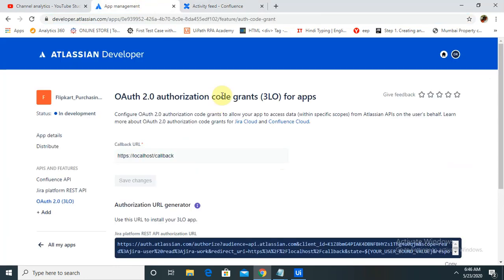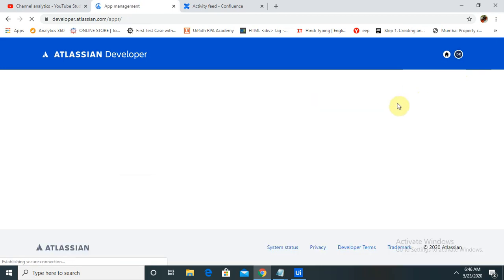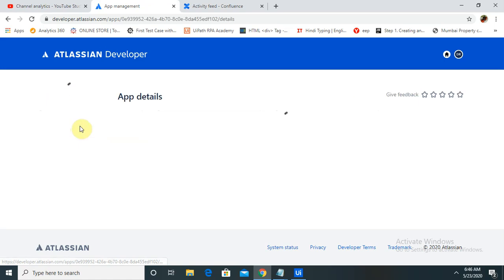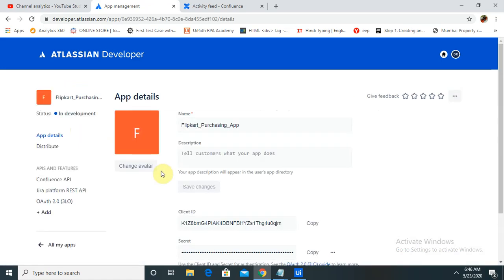So let's go to Atlassian developer. Over there just click on your user login and click on create app. I am not clicking on create app because I have already created one, so I am jumping to My apps. When I jump to the application I have created, I can see it. Just click on that application. Because I have already created it and generated a key, I can see all my details are available here.